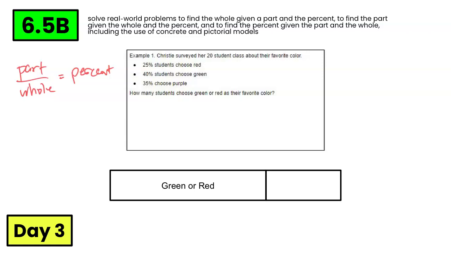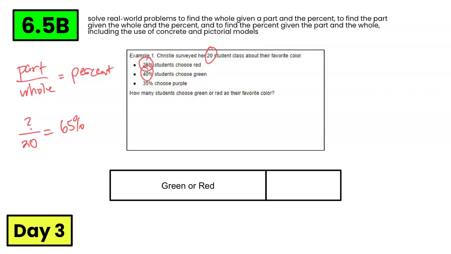Then in this problem, what we see is that Christy surveyed her 20-student class about their favorite color. Well, that is the whole in this scenario, 20. Then we are told how many students chose green or red as their favorite color. So we are looking for what is the part of that whole of 20 that chose either green or red. And we are told that the percent that chose either green or red is going to be 25% plus 40%. And so that's going to give us